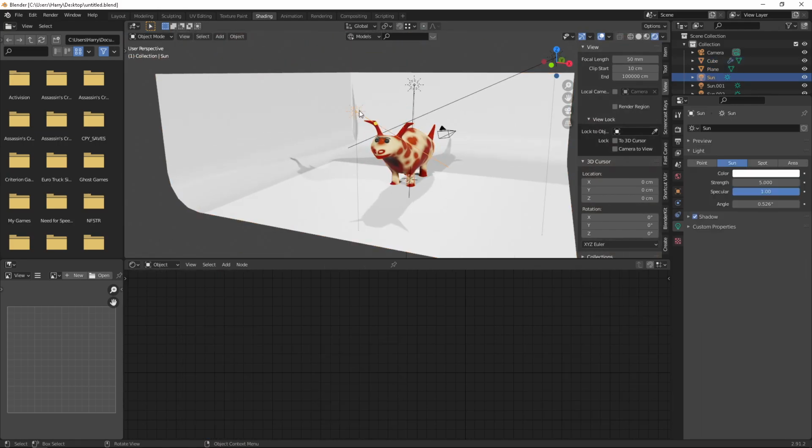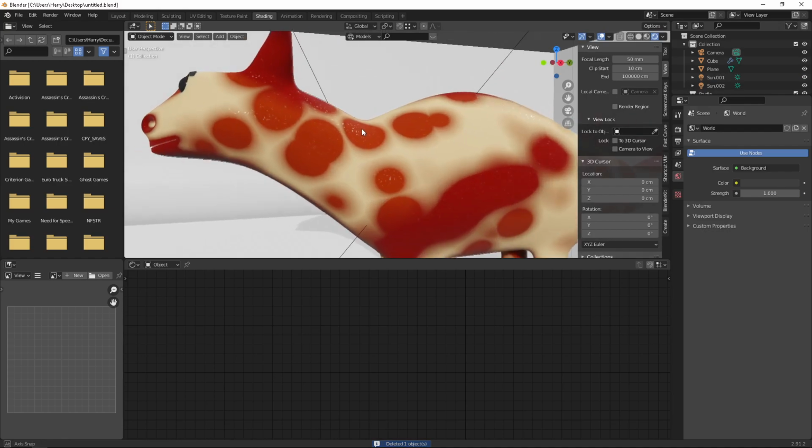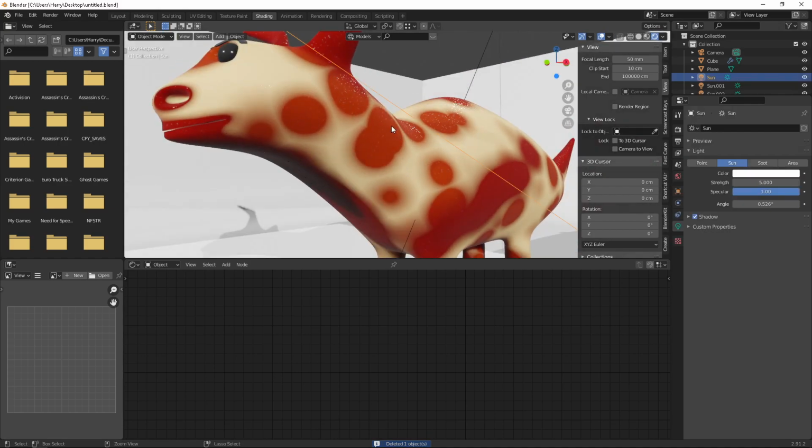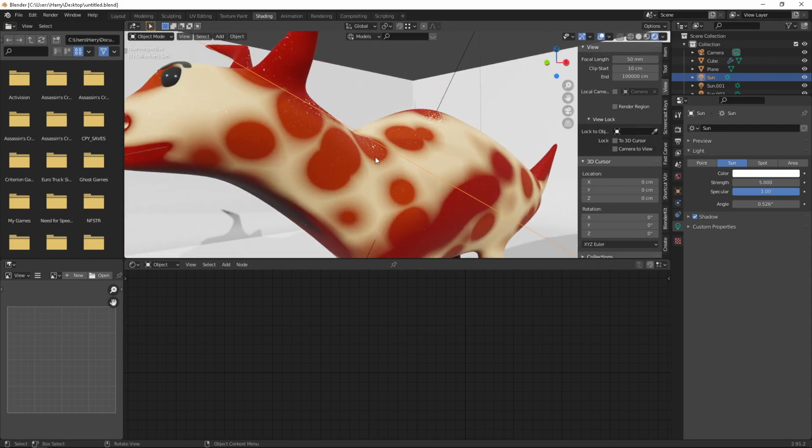So we can delete one lighting and see. Okay, we can go for Control Z. We can do one thing better.